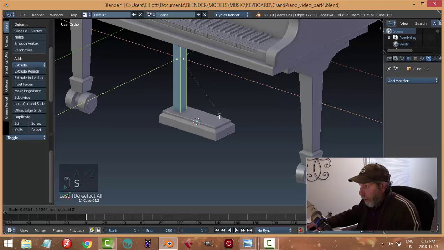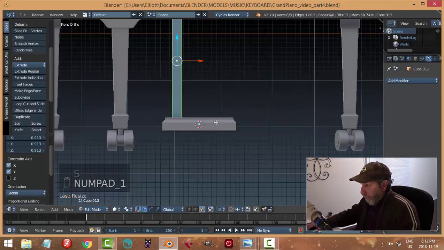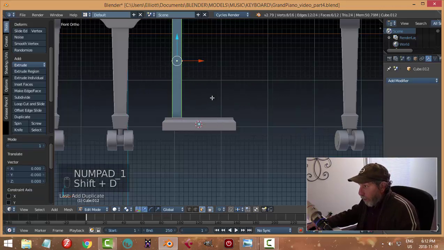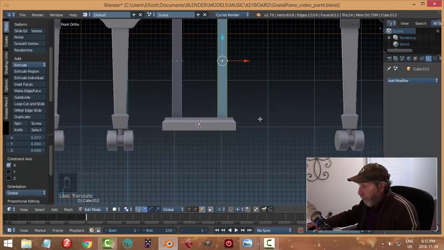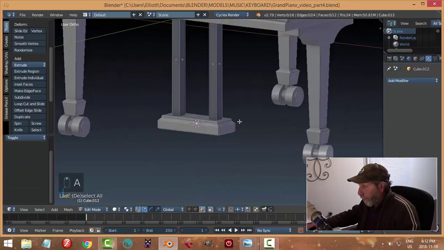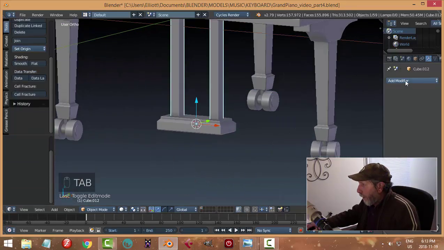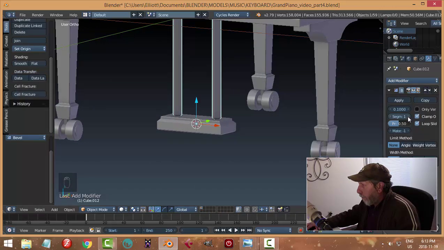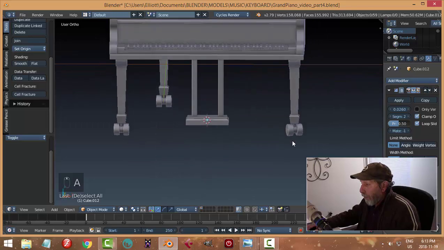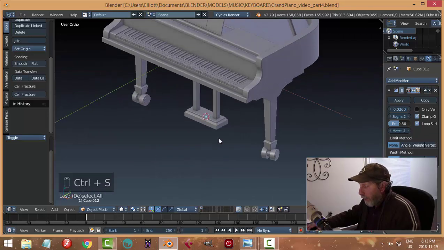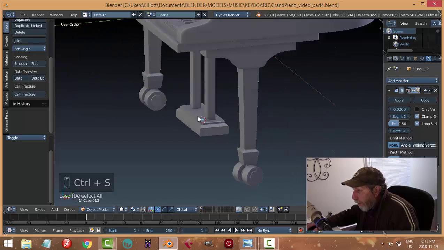Scale Shift Z, and I think just by eye I will copy it over. Although I could be mirroring, I suppose. And then we'll bevel. Okay, so those will go in like that, and then